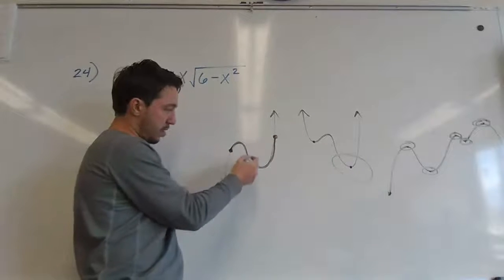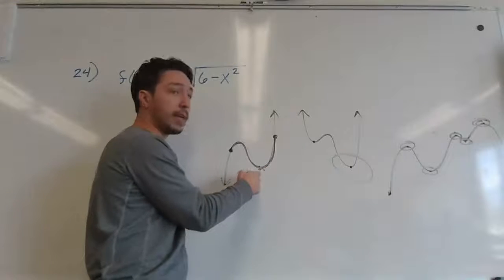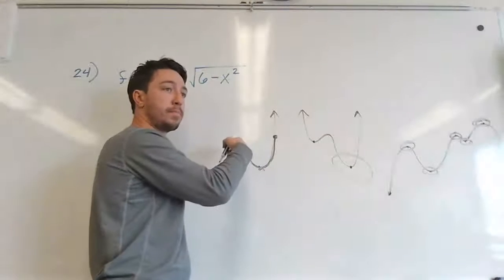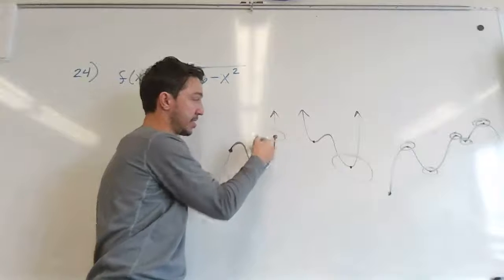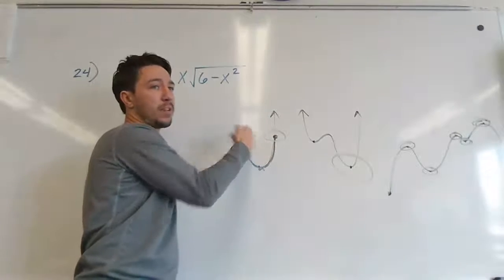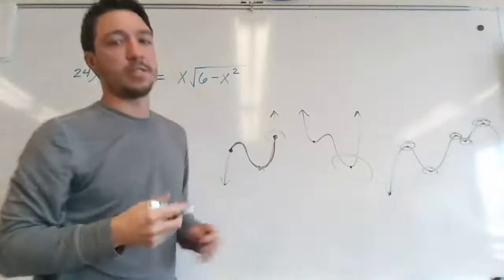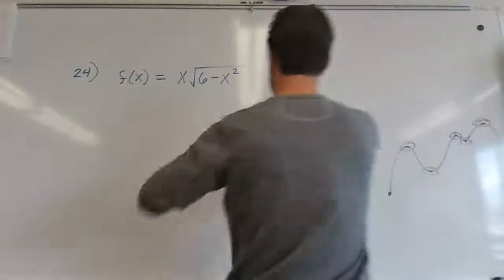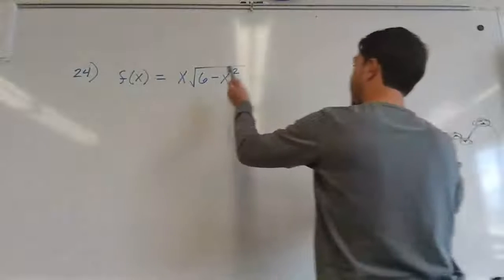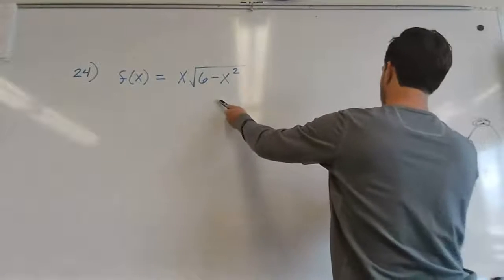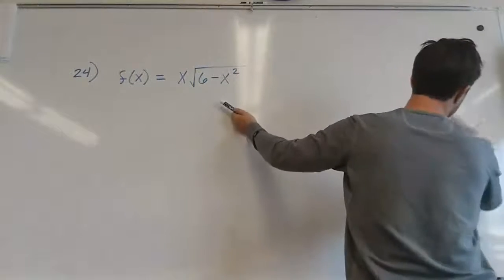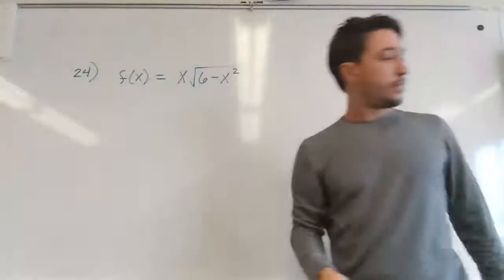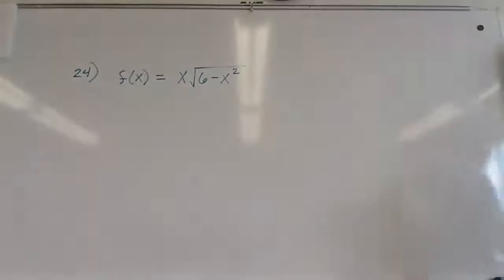Well, now this is the global min for this part of the function, and this is the global max. That make sense? Yes. So it just depends on the context. Okay, so hopefully you got a chance to start this one. This is one where we're going to have a global max and a global min,